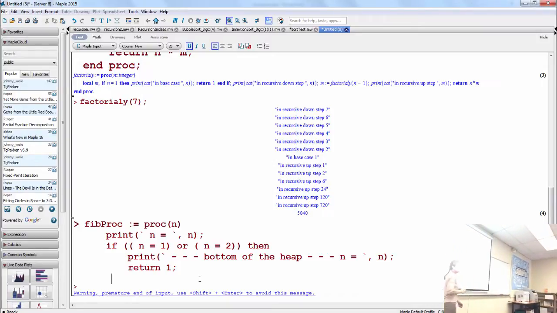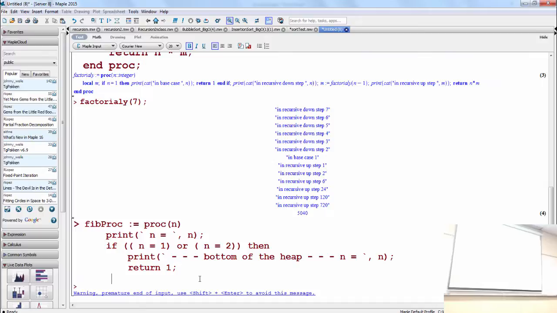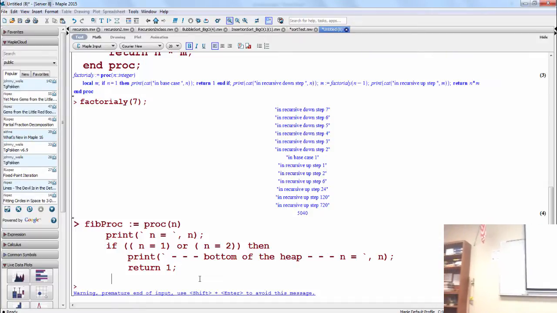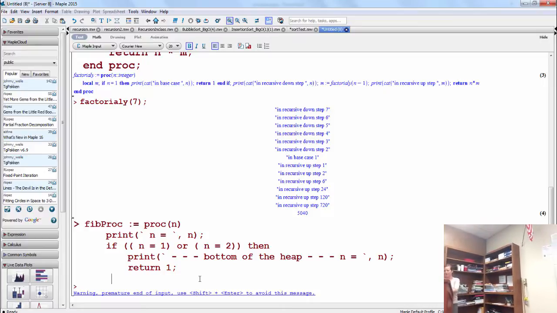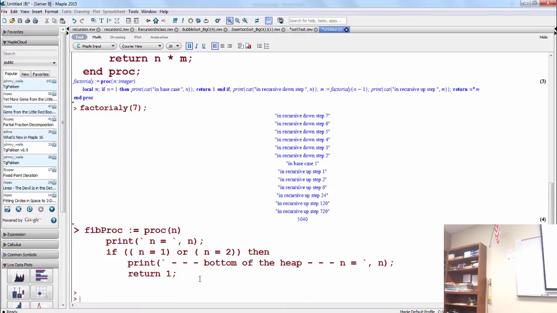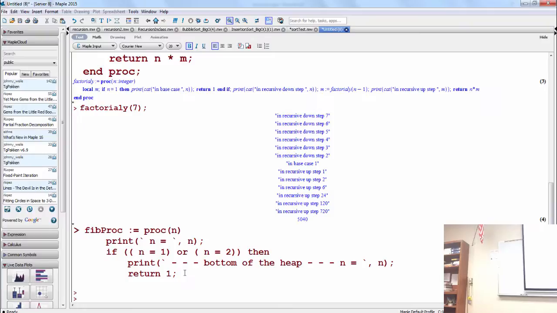And then we want to return our 1. Okay, so maybe that'll help us write our other recursive call. So we know we're going to have our recursive call right here. Okay, otherwise we return, and what do we return? What's our recursive call?